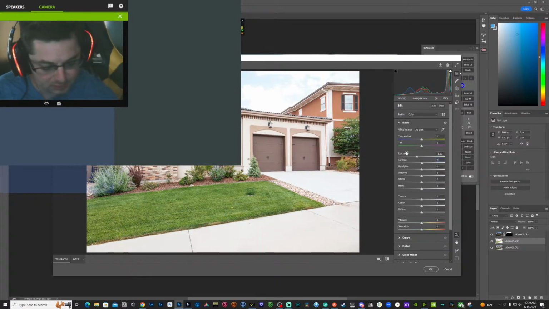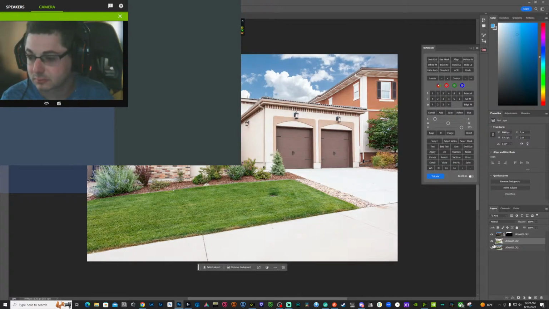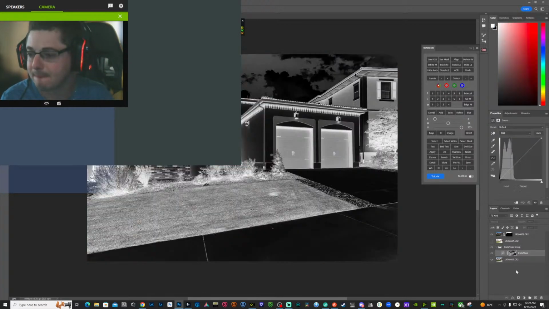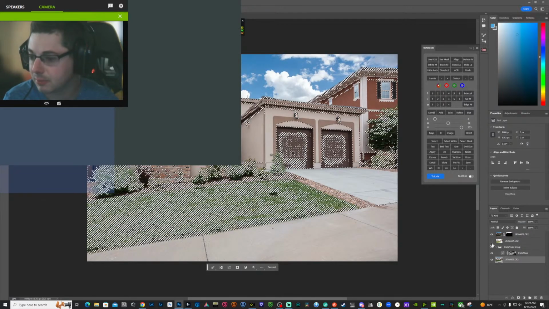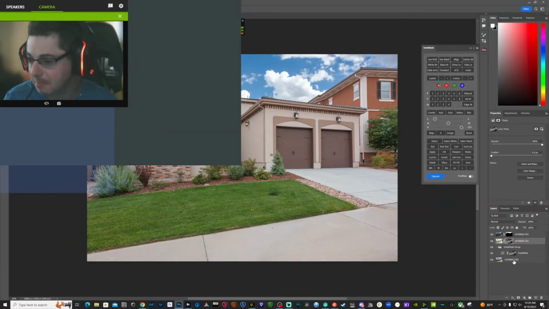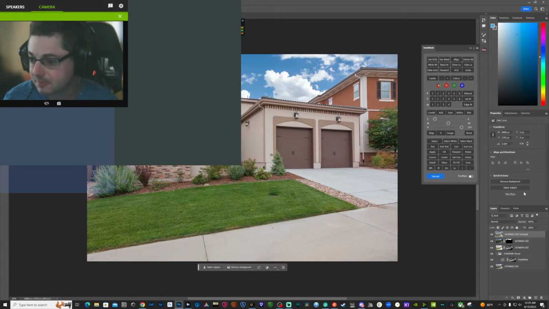Give it more contrast. Let's select the darks here. We're just going to blend that right into our image. We're going to merge all of these together.